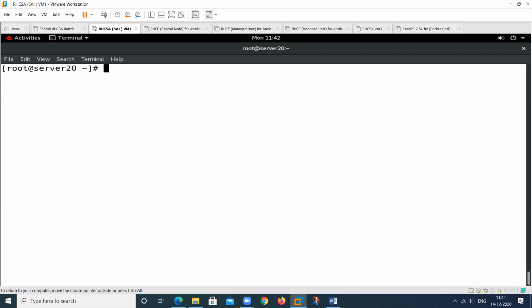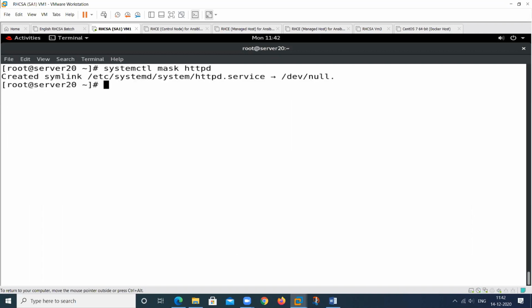But if I mask this service for any reason, mask. See, this will create a link, because you know all the configuration files have the location /etc. That is linked with systemd, and in systemd there is another folder called system, and in this particular folder we have a service.